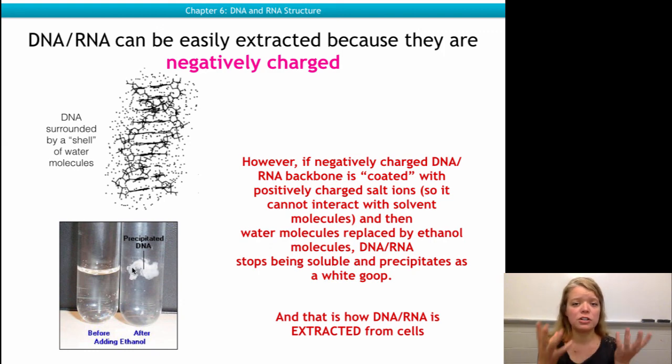The DNA crashes out, and you can see it. It becomes this milky, goopy cloud. And this process of changing the solubility of DNA between water and ethanol by adding a little bit of salt to remove the DNA